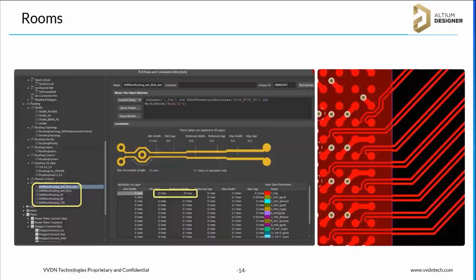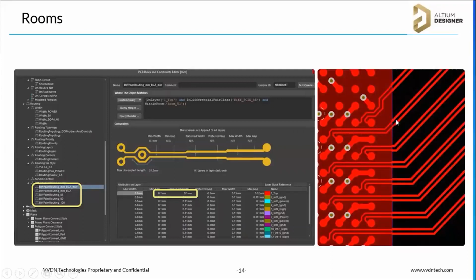And the room option. If you are handling area-wise constraint routing, or fine pitch components, or mostly high speed designs, you need this room option. This will be helpful, especially between these two pins outside, if you are following the impedance track width, for example 5.8 mil, but we don't have enough space to complete this routing inside the BGA or inside the fine pitch components.